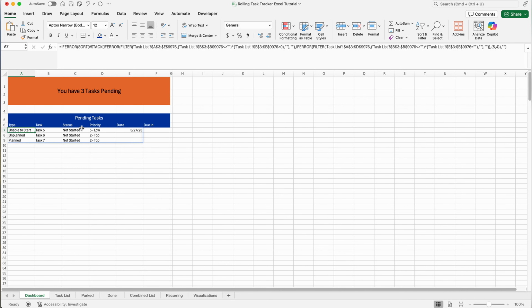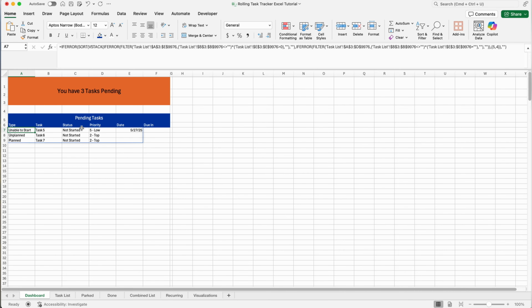Make sure that those ranges match, with the exception of the column. It's not equal to, so less than or greater than, quote, quote, close parentheses, times, open parentheses, from the task list cells E3 through E9976 is greater than 0, close parentheses, comma, quote, quote, close parentheses, comma, quote, quote, close parentheses, comma, IFERROR,